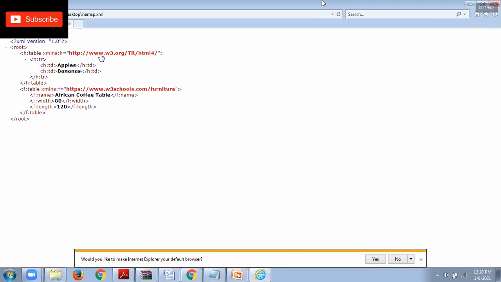namespace. See here, you're getting a hand symbol. So this is a particular URL. Is it right? One URL assigned to a particular table element and one more URL you're assigning to the second table element. Is it right? Everyone. See, and once again, if you click on